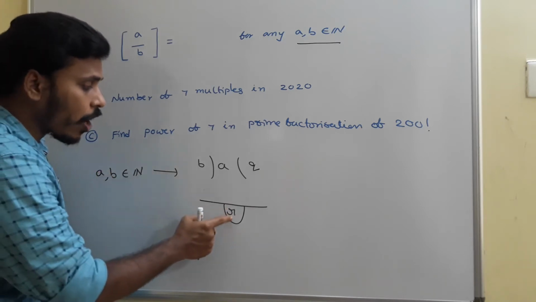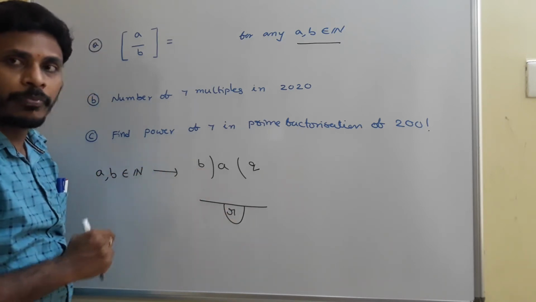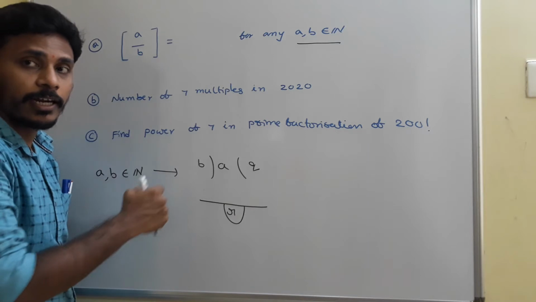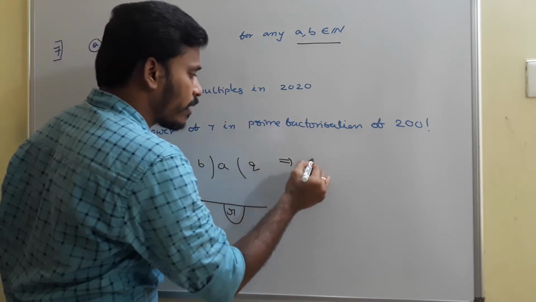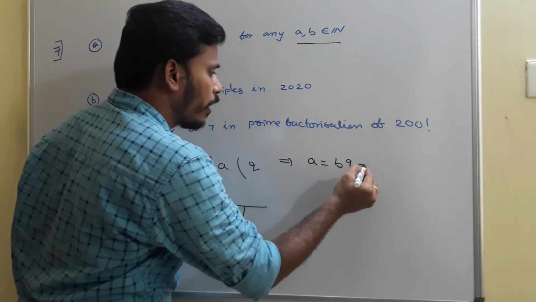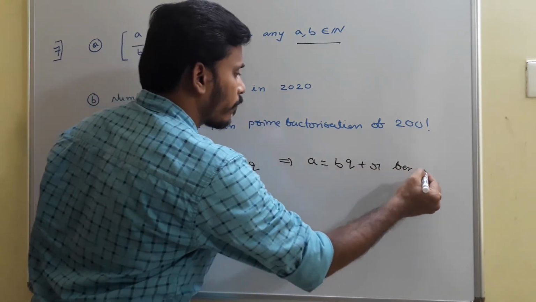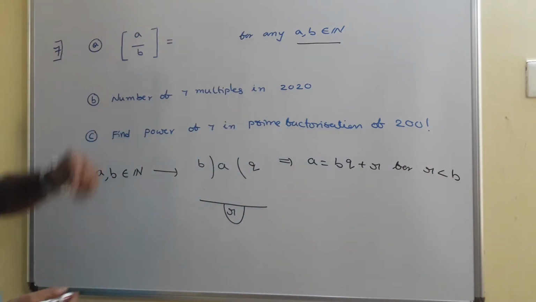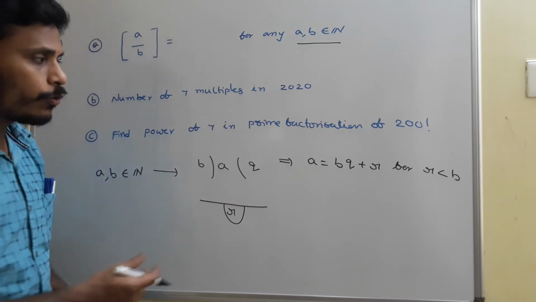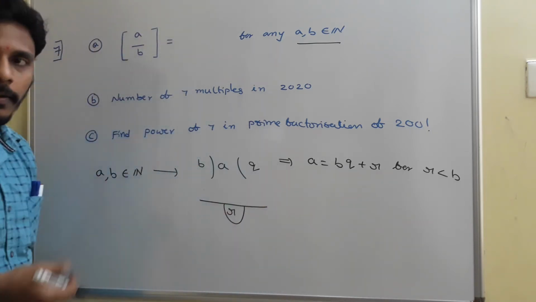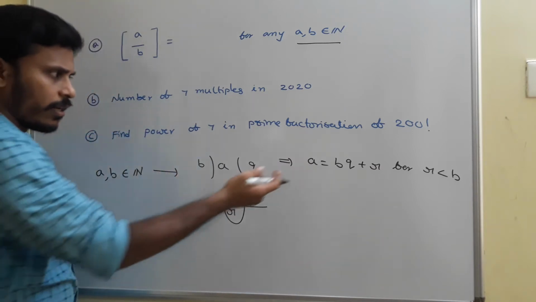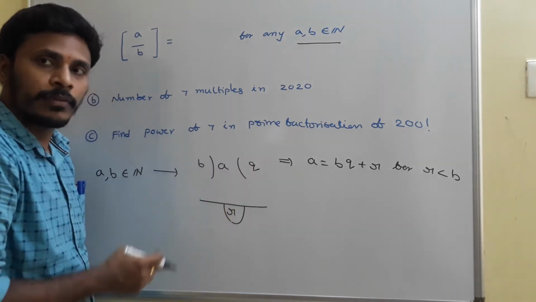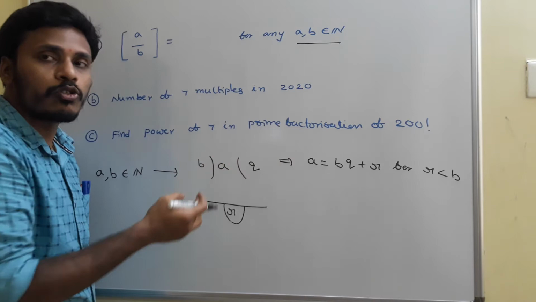We know that the remainder r is for sure less than b, right? The division algorithm of numbers: the remainder is always less than the divisor. Then only we say it is a correct process, right? So from there we will write this as a is equals to bq plus r, for the remainder r which is less than b. Okay. Dividend is equals to divisor into quotient plus remainder. So with that idea, I have that a is equals to bq plus r.